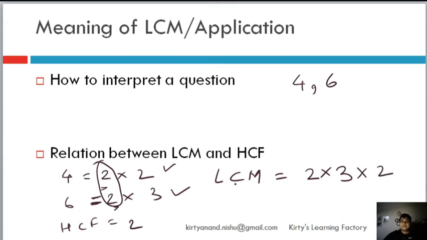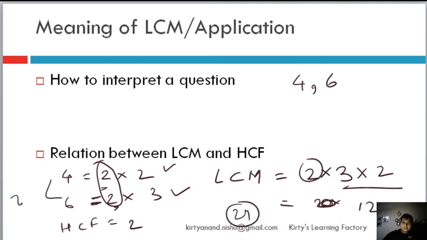This should give you the lowest common multiple, because these two are uncommon, different factors. If the number has to be divisible by both 4 and 6, these two need to be in that number, and therefore 2 into 3 we have included. And then whatever is the common factor, like 2 is here and here, so we will put 2 also. See what it becomes: 12. And when we multiply 12 into 2, it becomes 24. And when we multiply 6 into 4, it becomes 24.